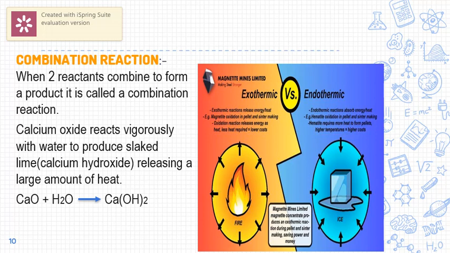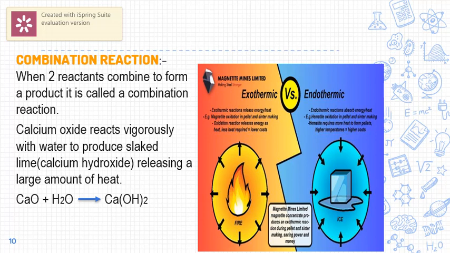Best example is action of water on the lime. Lime, in Hindi we call it as chuna. We bring from the market and we put water. When you put water, after 1 or 2 hours of gap, we see butter-like formation of calcium hydroxide. So when calcium oxide reacts with water to give calcium hydroxide, a single product, this comes under the category known as combination reaction. Many examples are there. So this is one sample to understand what is combination reaction.